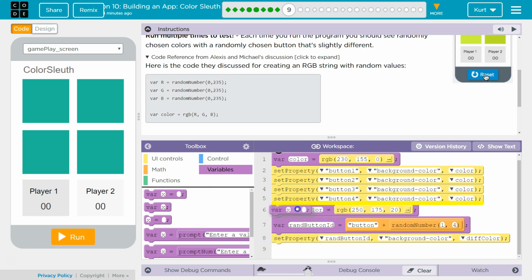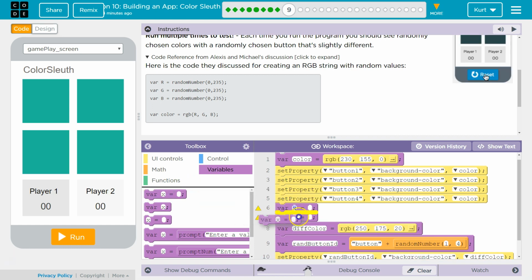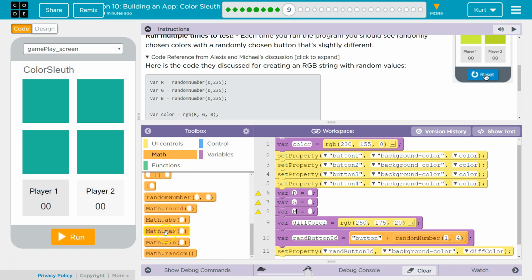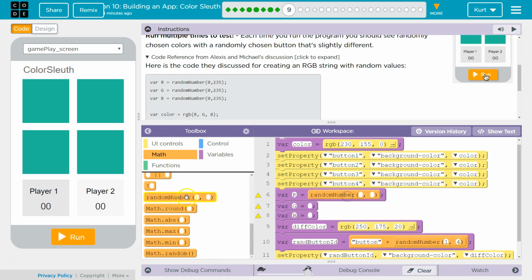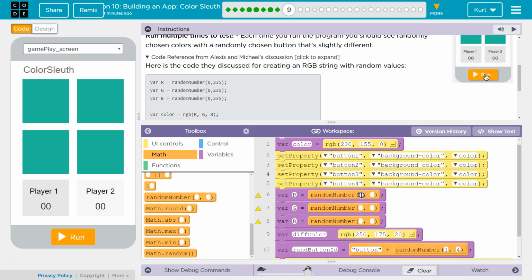So now I'm going to put these above color diff because we're going to use them in color diff. And then I'm going to name my variables just like they did: R, G, B. And then I am going to go ahead and use Math.random, three times. And then we're going 0 to 235, because as Alexis and Michael had stated